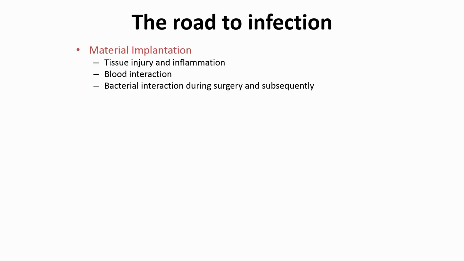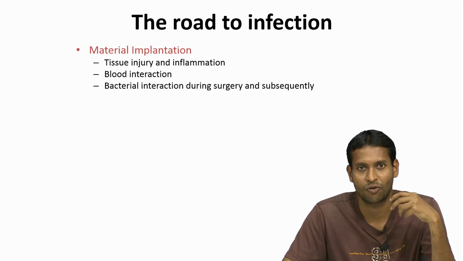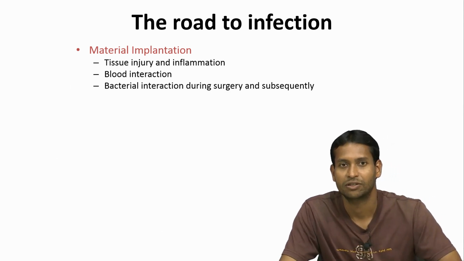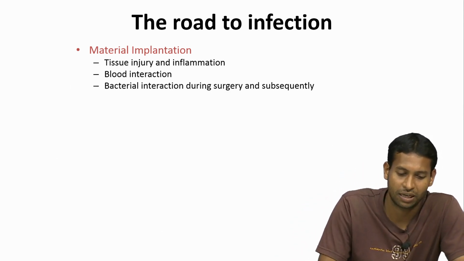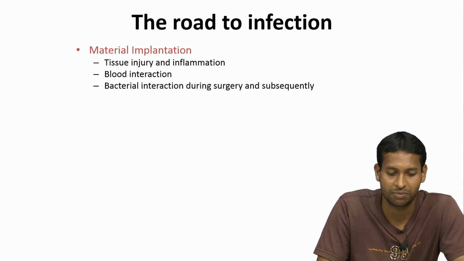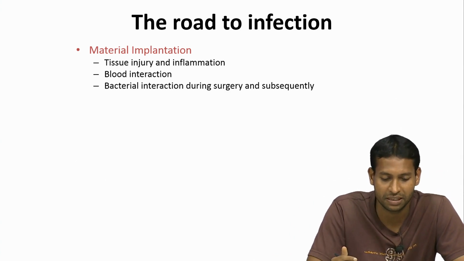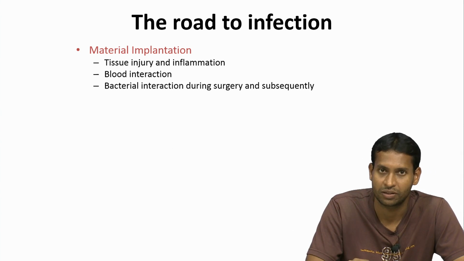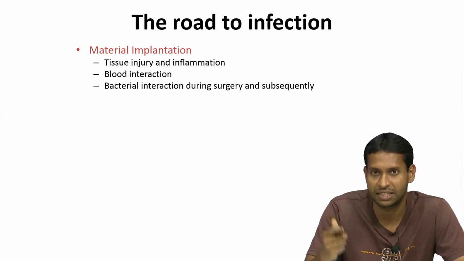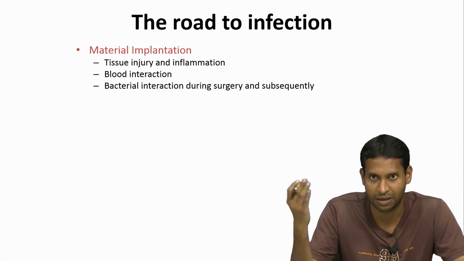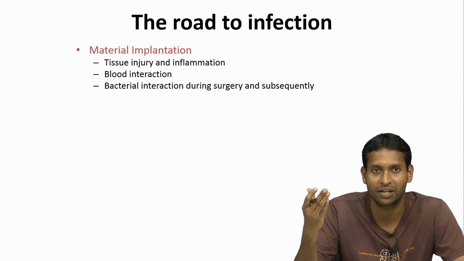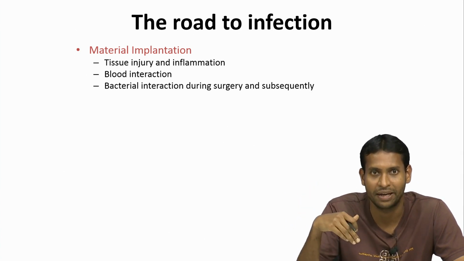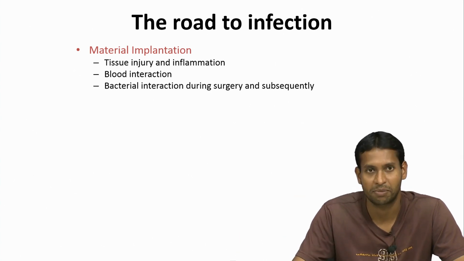So, let us talk about how this infection happens, what is the road that leads to this infection. So, the first thing is of course you are putting in an implant. So, there is some tissue injury that happens, due to that injury there is some inflammation, the implant interacts with blood. So, if at the time of surgery, let us say, the implant was not clean, or the environment around it was not clean, and a bacteria is able to come and interact with your body, that is where it all starts at the time of implantation,